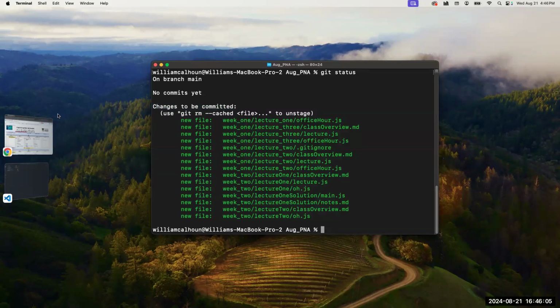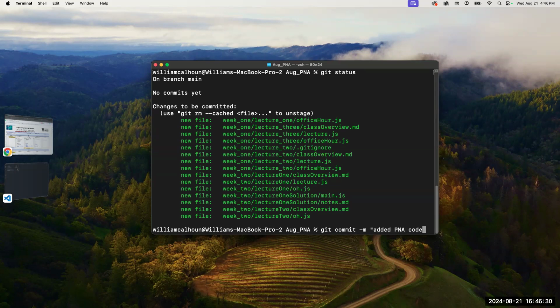Remember back to the analogy, I have pasted and said, hey, great, here's everything I want. And now I just need to press the save button. So the way we do that is I say git commit -m. I'm going to make a commit and I'm going to write a message with it. And then I'm going to say added